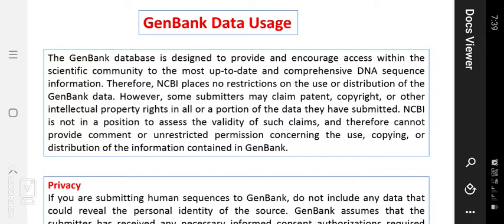Some submitters may claim patent, copyrights, or IPR, that means intellectual property rights, in all aspects of the data they submit. The NCBI is not in a position to assess the validity of such claims and therefore cannot provide comments or unrestricted permission concerning the use, copying and distribution of the information contained in GenBank.